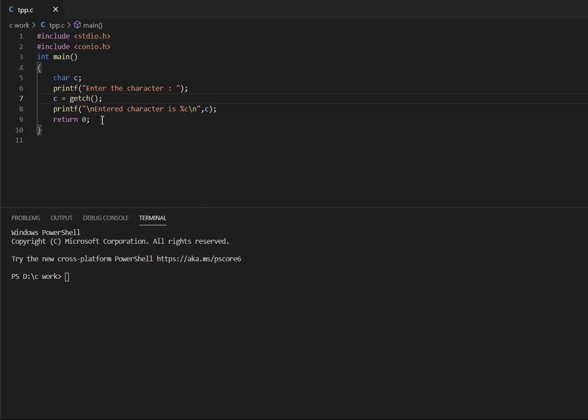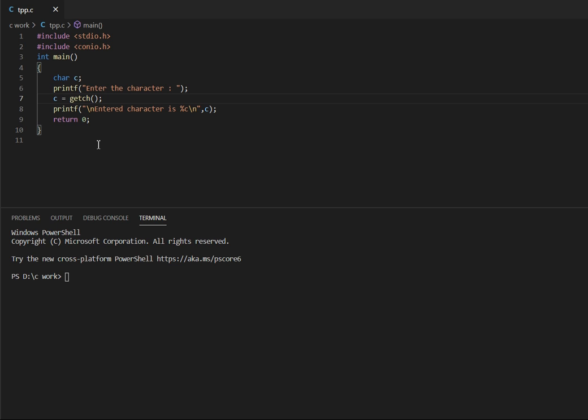So first of all, these two functions are inbuilt functions and are created to take a single character as an input. So suppose you have created a program in which you want to take a single character as an input. If you don't know, obviously you would use scanf function, right? But it's faster to use getch function and getche function instead of scanf function, because they are designed such that they only take a single character and we don't have to press the enter key after we enter the character.